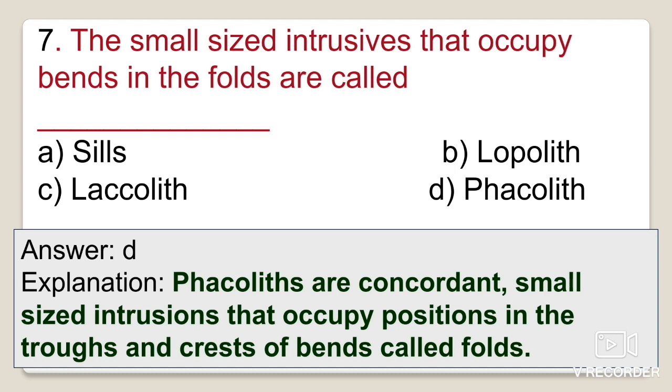So laccolith, I am telling you some key points, a trick from where you can understand. In laccolith, the C is there and the next letter in the alphabet is D. So laccolith is dome sized, in the shape of a dome. And in lopolith, P is there, and in the alphabet P is followed by Q, R, S, so P then S: saucer shaped. So laccolith is dome shaped, and lopolith is saucer shaped.